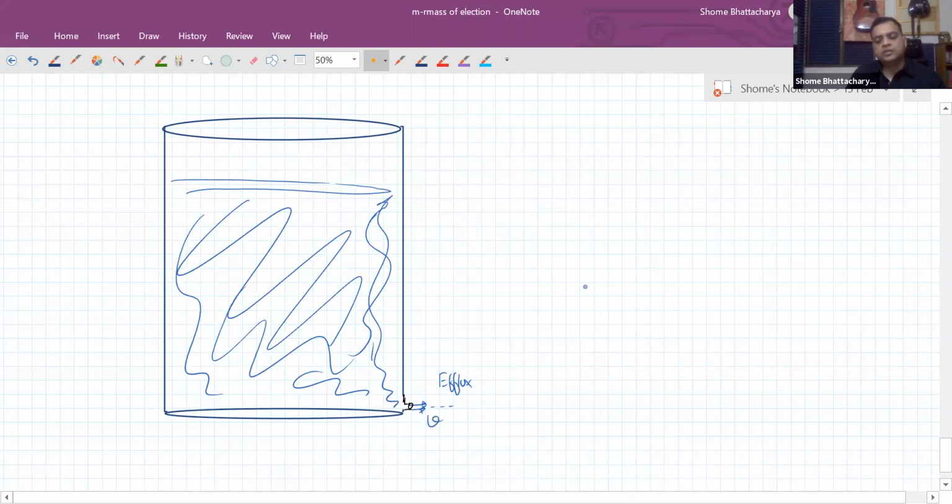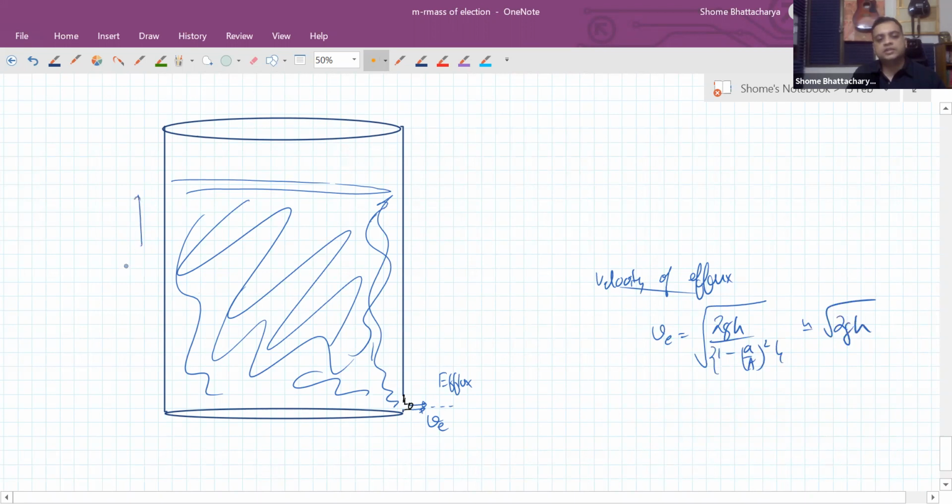The velocity of efflux, we generally denote it as VE. This velocity of efflux, the exact formula, comes out to be square root of 2gh upon 1 minus (a by A) whole square. But we can approximate this as root 2gh, where h is this height and